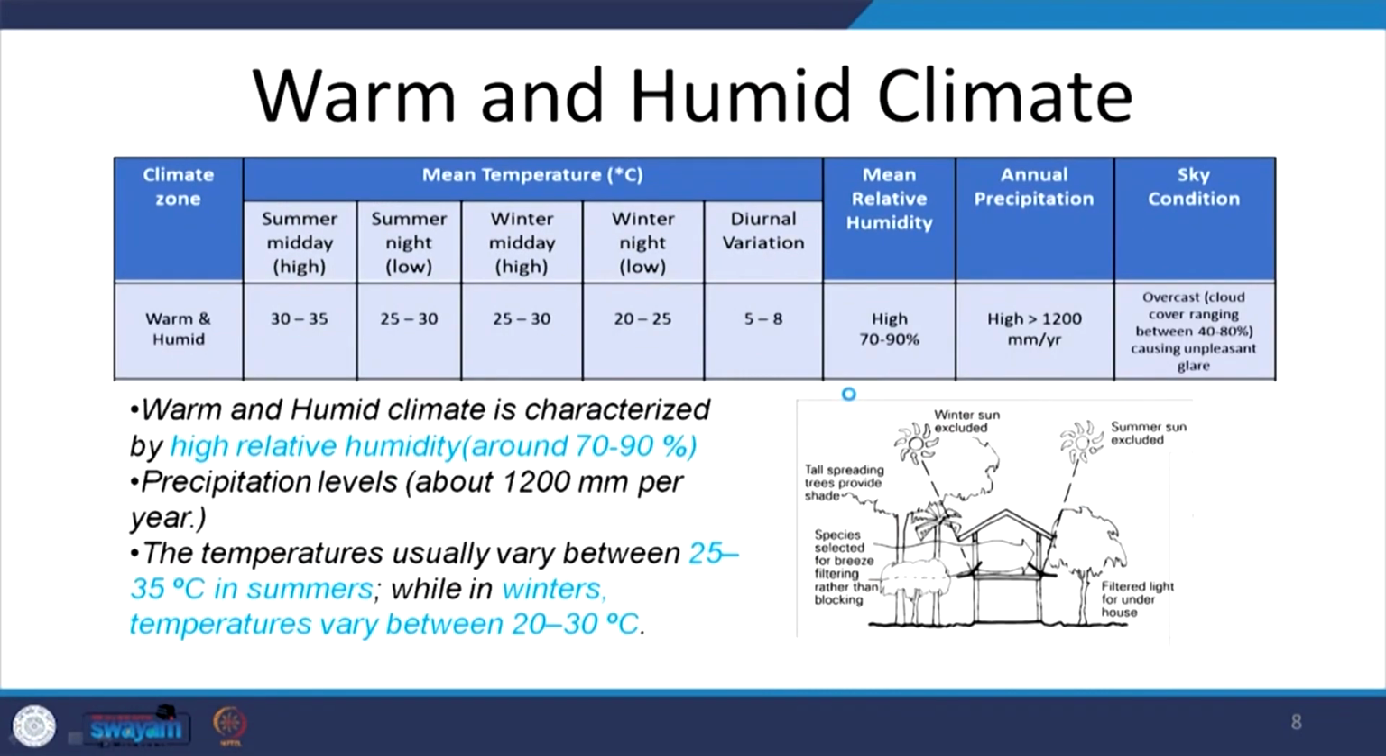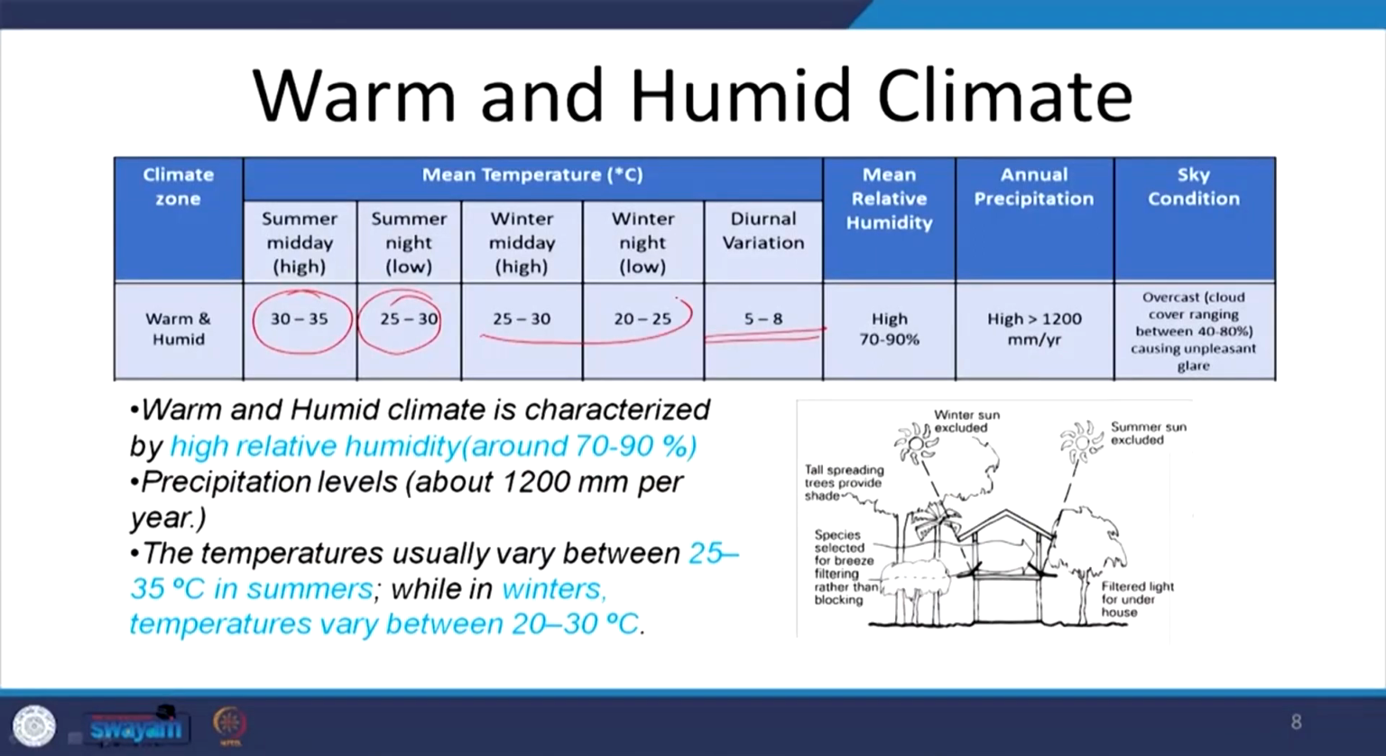Let us look at the warm humid climate. If we look at warm humid climate, the summer temperatures are between a range of 30 to 35 and summer nights are 25 to 30, where we can see that the diurnal variation is not very large and the temperatures are also not very high. They are slightly warm, warmer than the comfortable range, but they are not extreme as we have seen in case of hot dry climate. In winters also they do not fall too low,